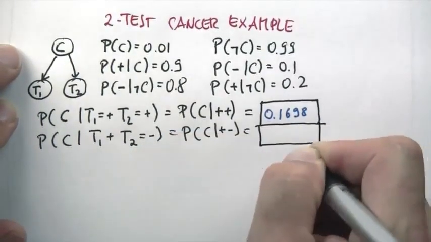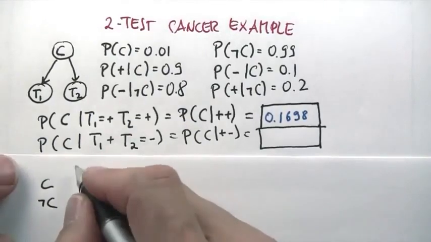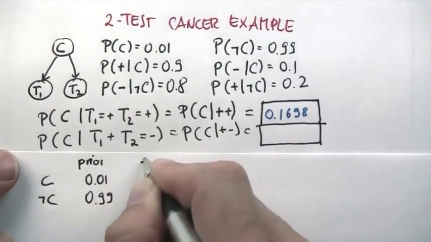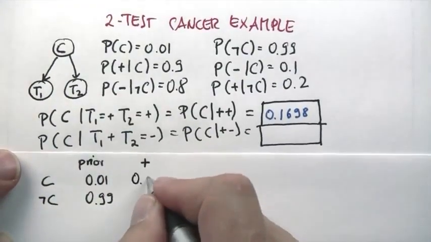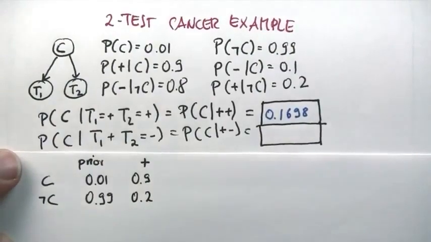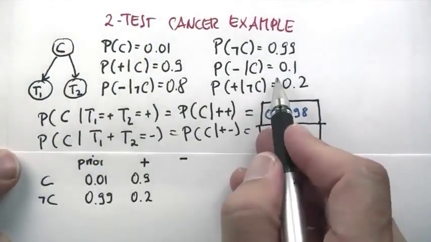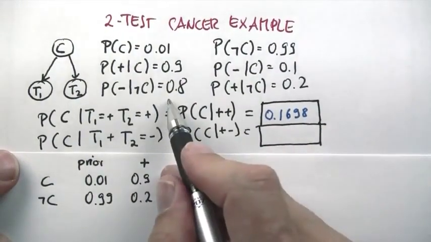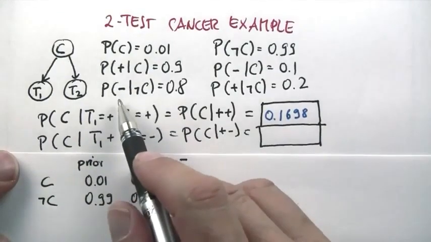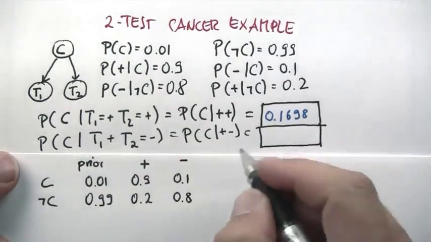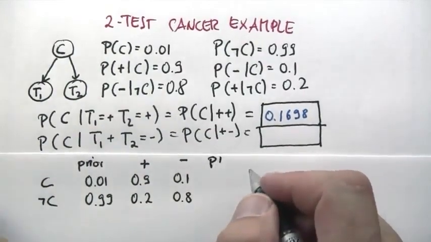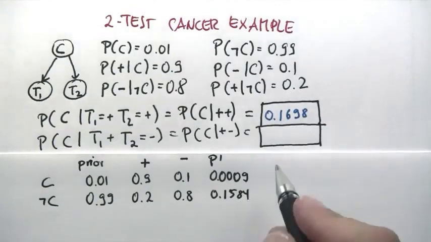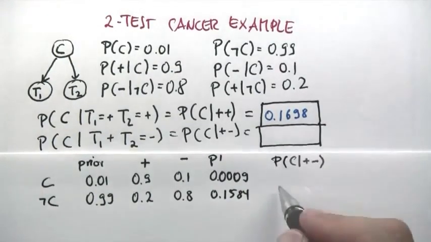Please write your number into this box. We apply the same trick as before, where we use the exact same prior. Of first plus gives us the following factors, 0.9 and 0.2, but our minus gives us the probability 0.1 for a negative test result, given that we have cancer, and a 0.8 for the inverse of a negative result of not having cancer. We multiply those together, we get our non-normalized probability. And if we now normalize by the sum of those two things to turn this back into a probability, we get